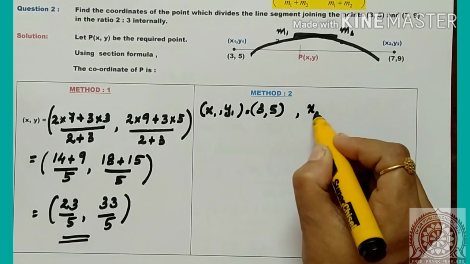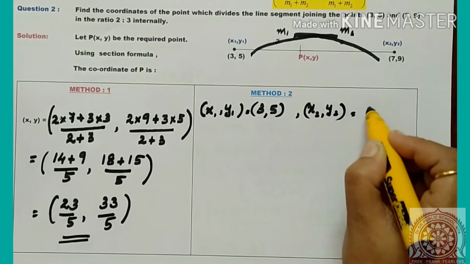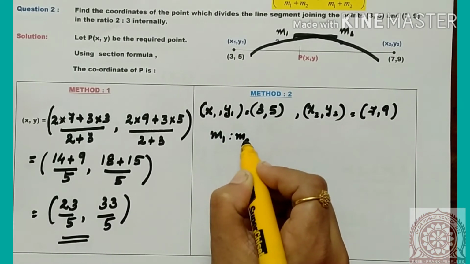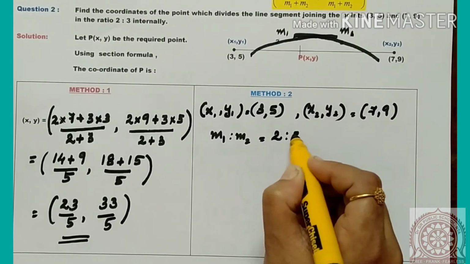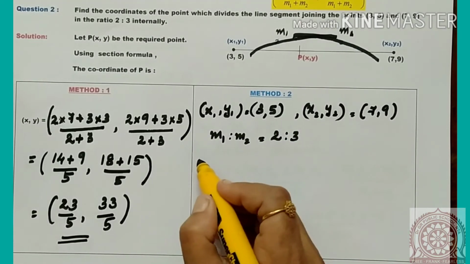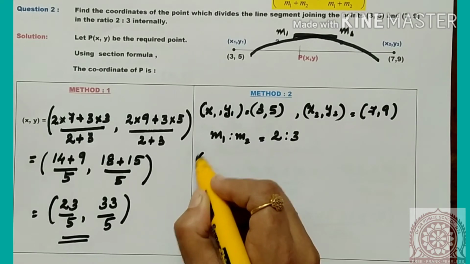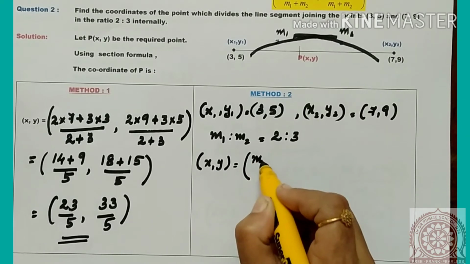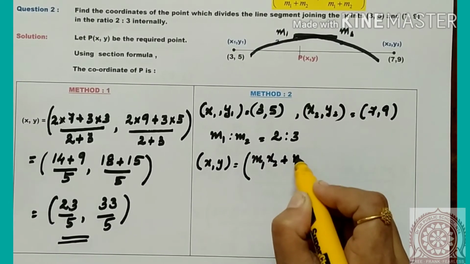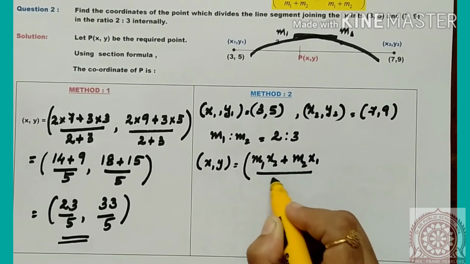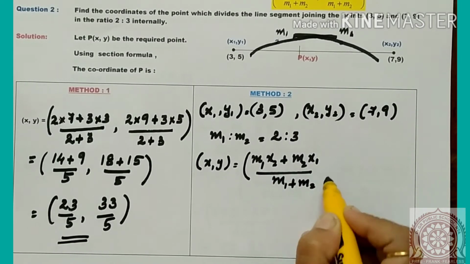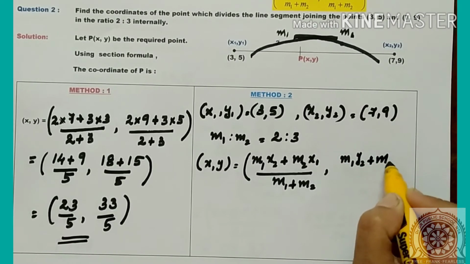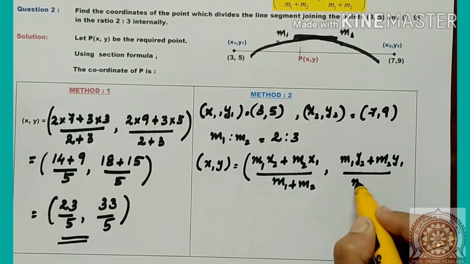Then x2, y2 is given to us as 7 and 9. And the ratio m1, m2 is given to us as 2:3. Just direct application. By the section formula, you can write the formula there. By section formula, the coordinate x, y must be equal to, just the substitution, (m1 x2 plus m2 x1) divided by (m1 plus m2), comma, the y coordinate is (m1 y2 plus m2 y1) divided by (m1 plus